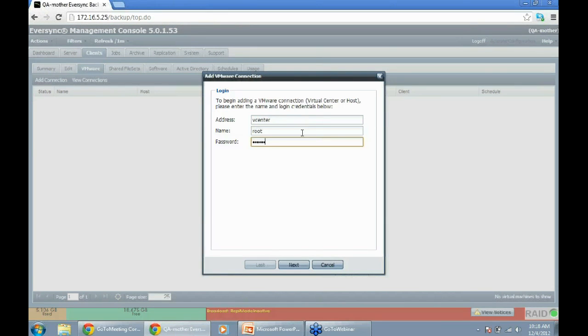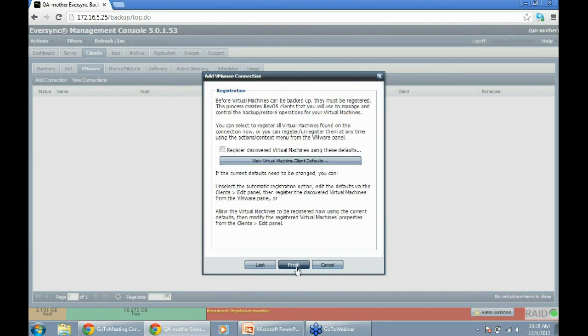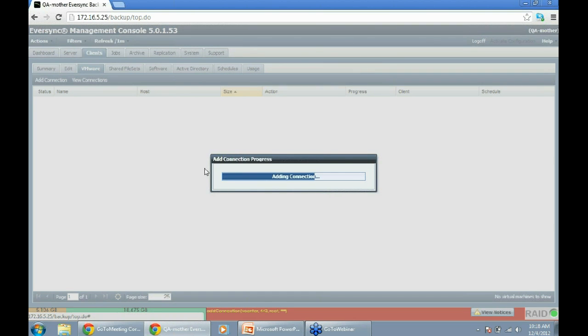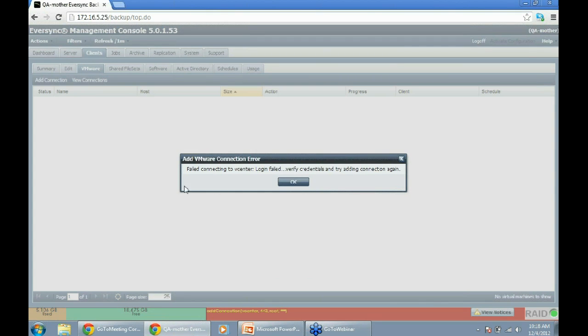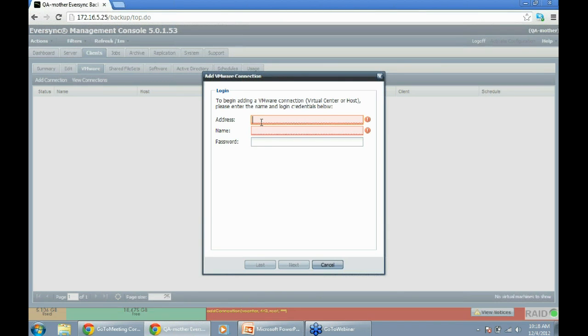So I've just told it where to find the vCenter server, which is creatively named vCenter, and given it the name and password for an administrator level account that can be used to create snapshots, access files, etc. We have the option to register all of the VMs that are found, but I've actually already registered some, so I'm not going to do that. Now I'm going to talk to that vCenter server and discover that I typed the password wrong, so I'll try that again.